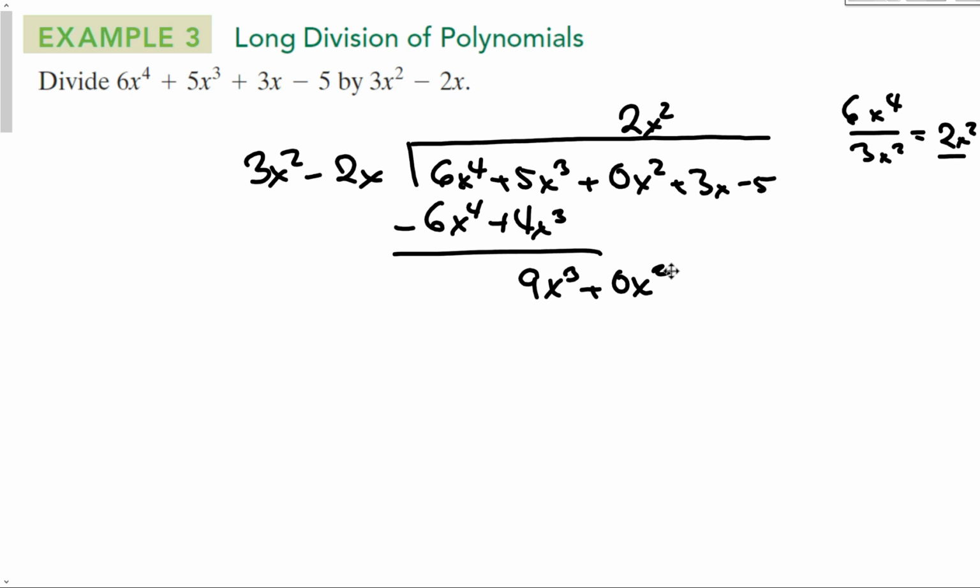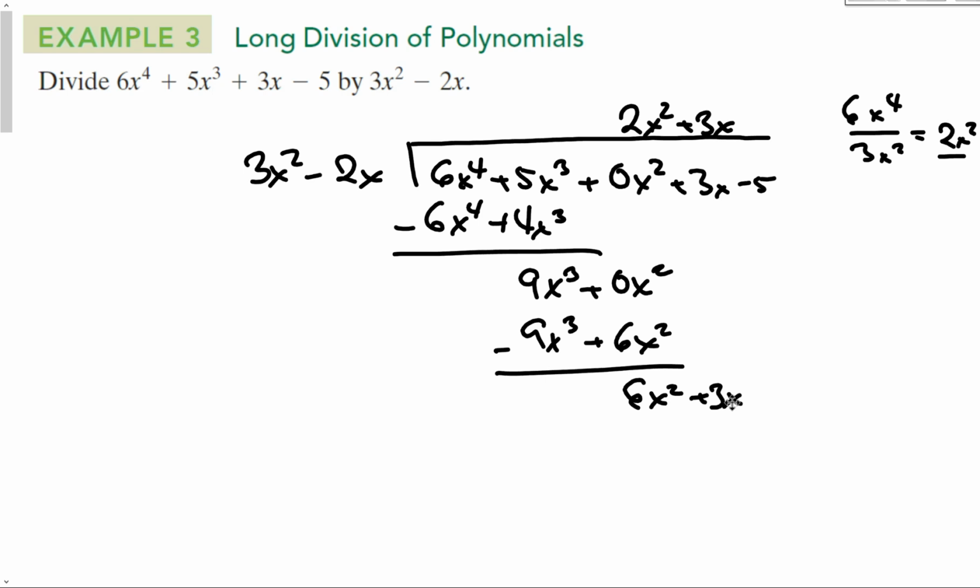Because now that helps you keep this next term organized, and then when I divide and get 3x, multiply, we now get 9x to the third minus 6x squared. If I didn't put that 0x squared in there, there would be nothing for me to add the 6x squared to. Bring down the 3x